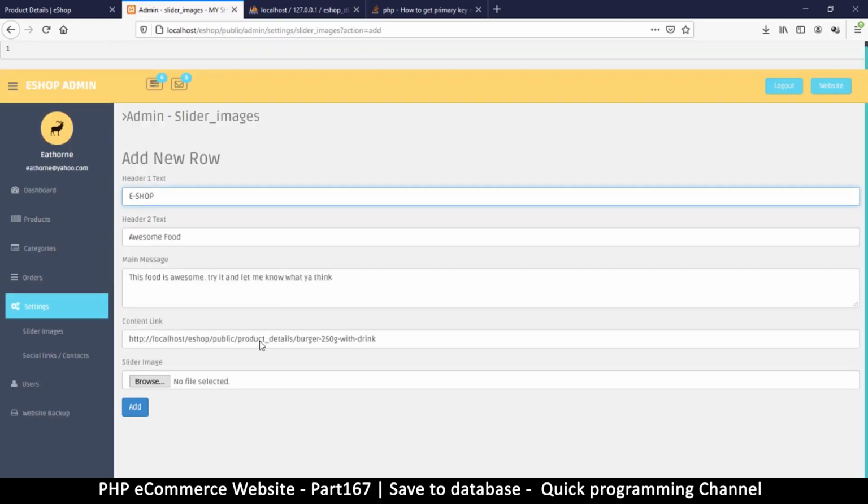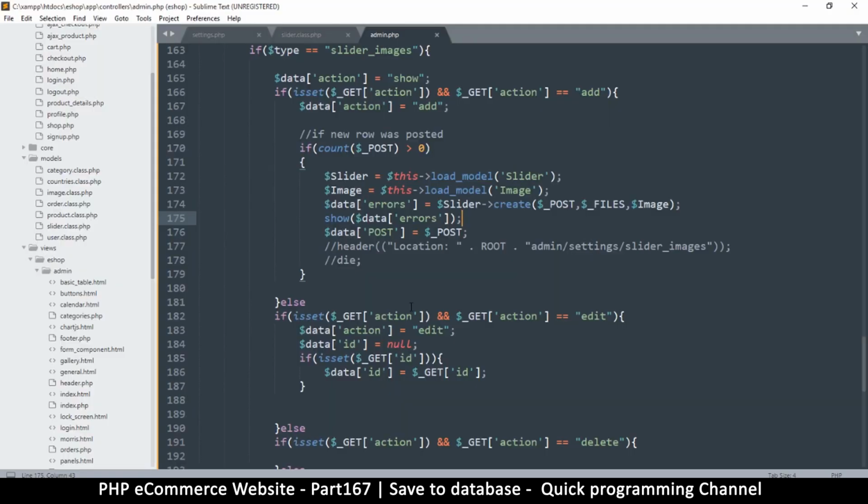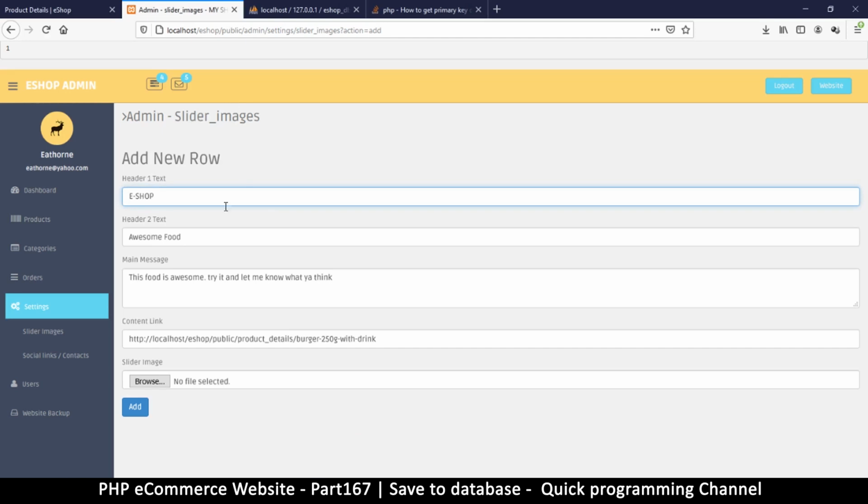Back here for a second. So let's try one more time and upload something else. So here, no errors. And what I want to do now is remove the header from there. And this guy here. Since we're already sending these errors into the data like that, I will remove that, like so. And then so that we can refresh here. Alrighty then. So I'll leave this one as eShop here, but